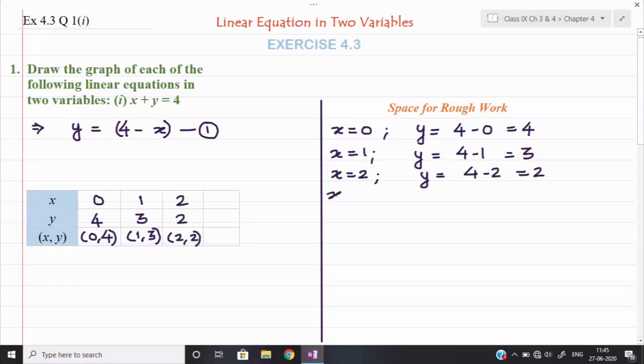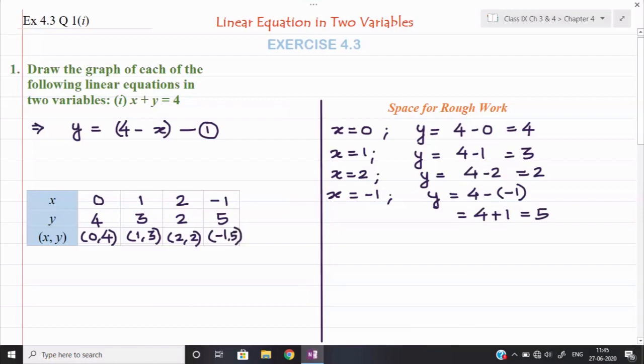Now if you want, one value we can take negative. For example, I take x is equal to minus 1. You can take 3 also, there is no problem. Just for variation I am taking one negative value. So y will be equal to here 4, then minus sign, and I am keeping the value of x as minus 1. Now what will happen here? Minus minus will become plus. So it will become 4 plus 1. It will be equal to 5. So I can say that if the value of x I am taking is minus 1, then y will be coming here 5. And hence my point will be here minus 1 comma 5.